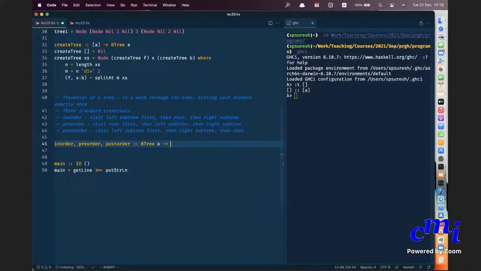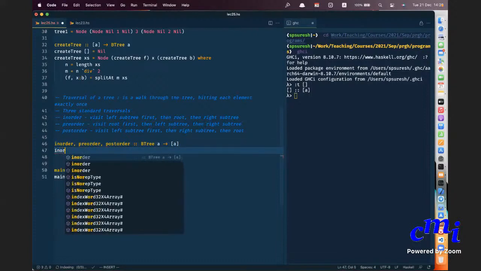So we want to collect all the elements. Where will you collect it? The nodes alone you will collect. And what is the most primary data structure you use to collect stuff? List.